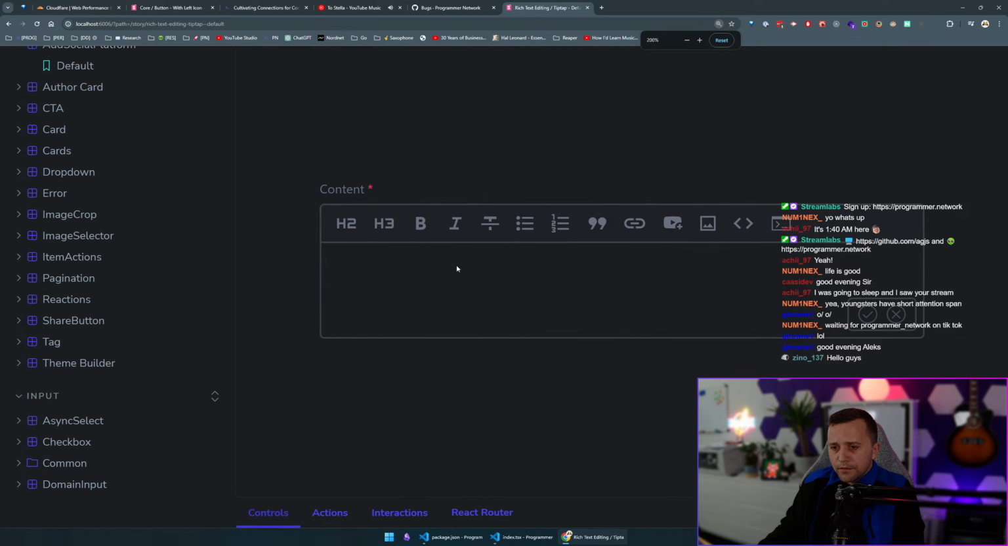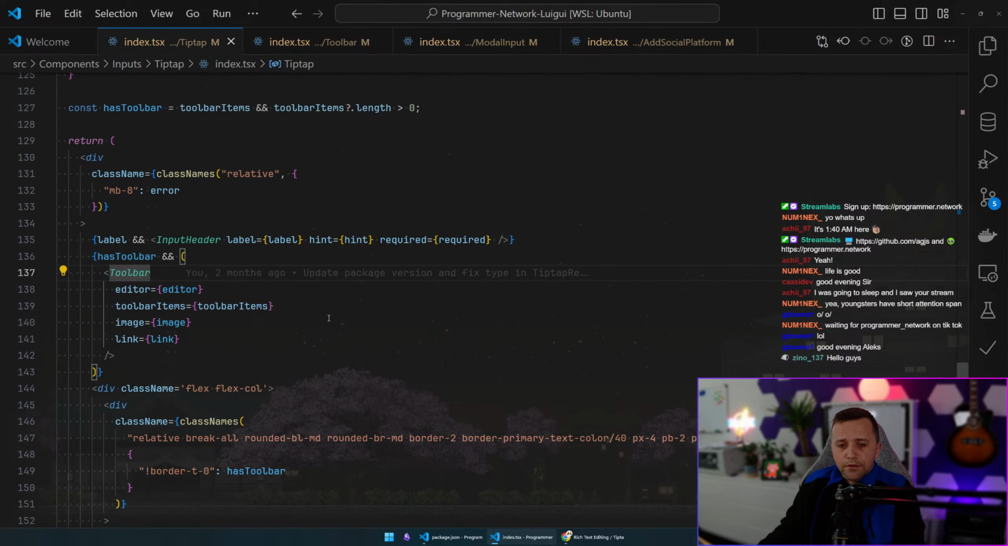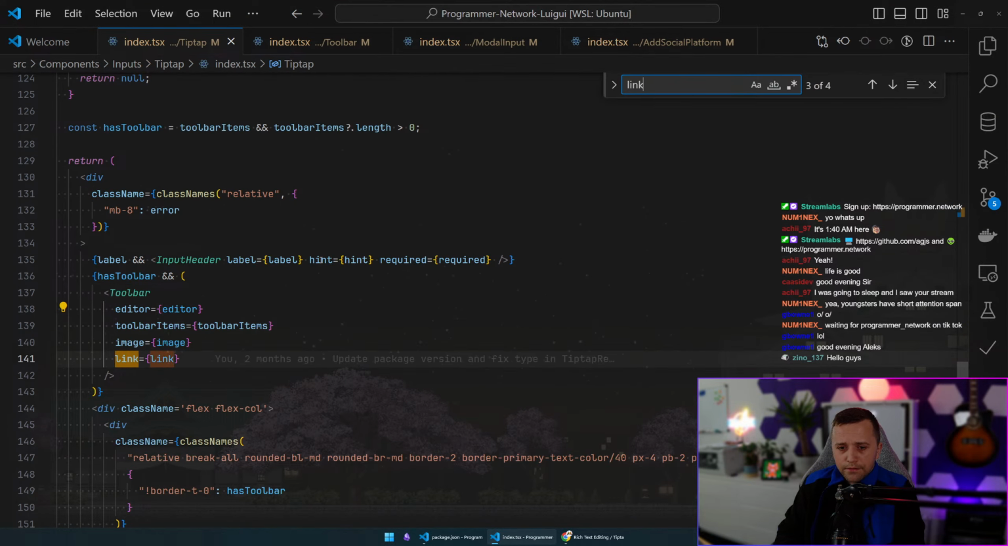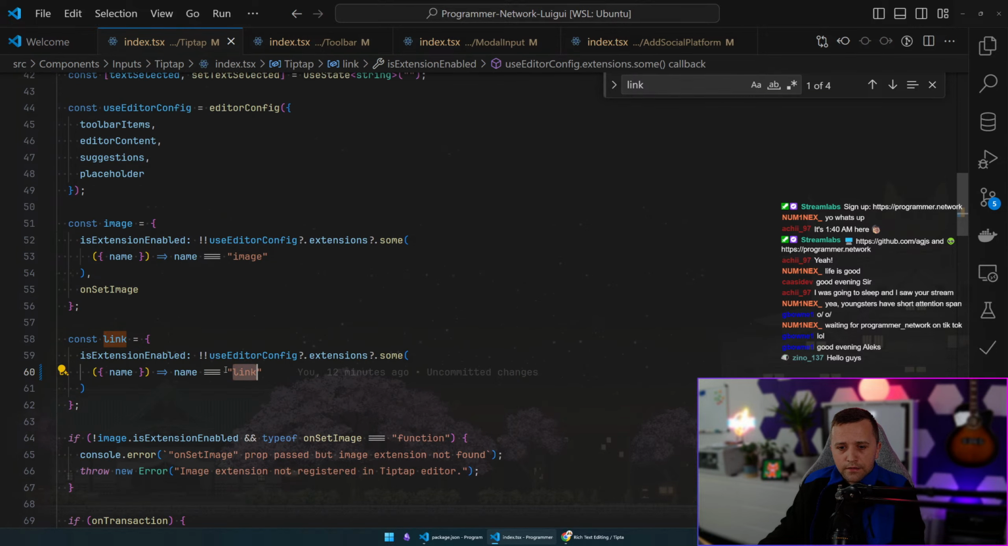So yes, if we go here, hopefully this thing now is going to be fine. It comes to links. But I'm just going to skim through that very quickly again. So we have a link, right? So is extension enabled if name is link, right? And